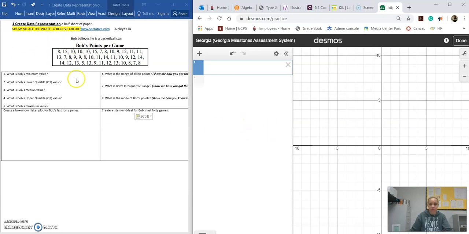All right, so I'm just going to go over your entry quiz and show you how to put it into Desmos, into the calculator. It's kind of weird, just like this. You're going to write capital A and then equals. And then you're going to do an interval notation. And what you're going to put in there is this data set. So you go 8, 15, 10, 10, 15, 7, 8, 10, 9, 12, 11, 11, 13, 7, 8, 9, 9, 8, 10,